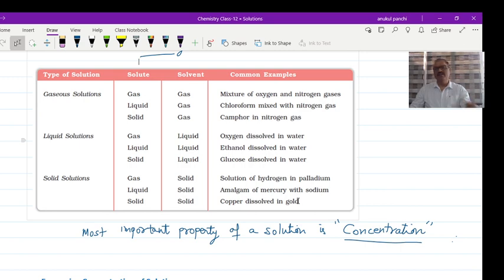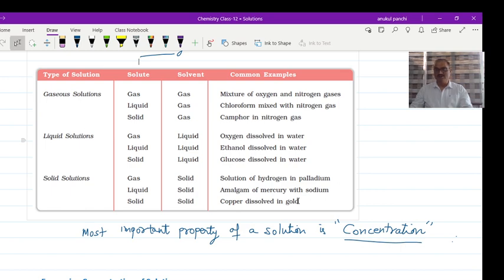I think in your 11th class you have learned that a homogeneous mixture is one which has only one visible state of matter and which has uniform composition throughout. In a glass of water, we do not see any other state. We see only the liquid state. We do not see any component and it has uniform composition. That is why it is a homogeneous mixture. Air is made up of oxygen, nitrogen and other gases. That is also a homogeneous mixture. That is also a solution.